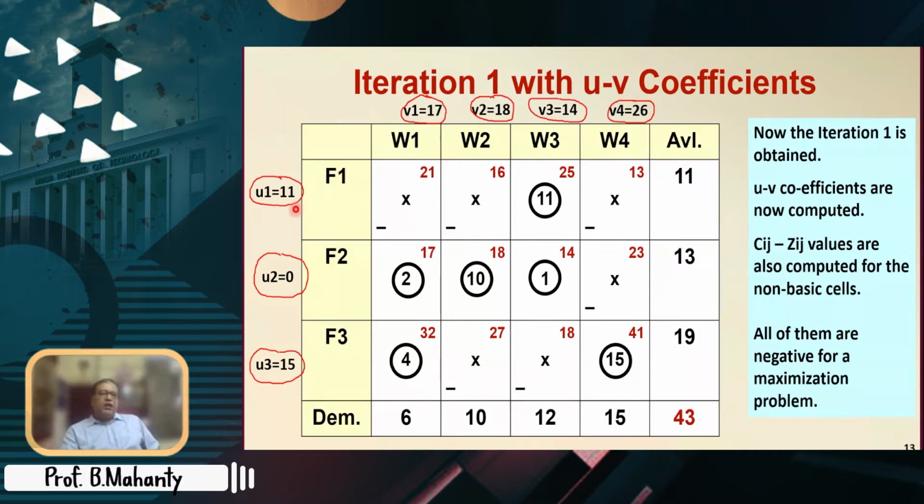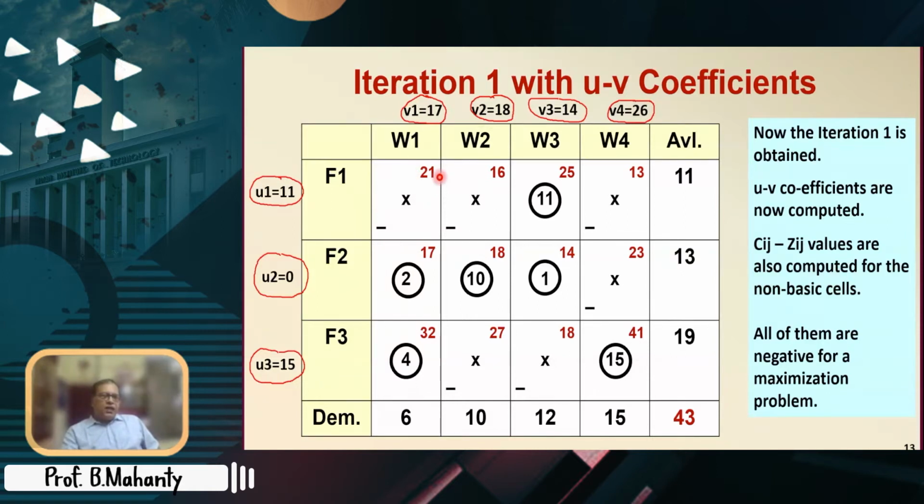Then comes the validation, a cross check. Cross check is must. So 11 plus 14 is 25. 0 plus 17 is 17. So for all the basic variables, Ui plus Vj should be equal to Cij. So 0 plus 18 is 18. 0 plus 14 is 14. 15 plus 17 is 32. And 15 plus 26 is 41. So all are checked. And then what we have to do, we have to compute the Cij minus Zij, which